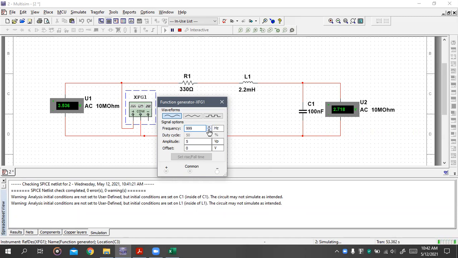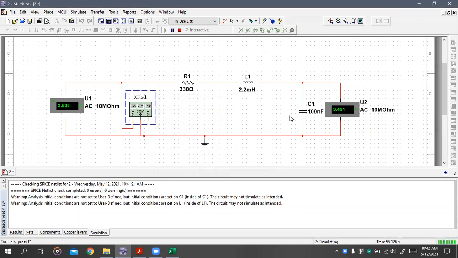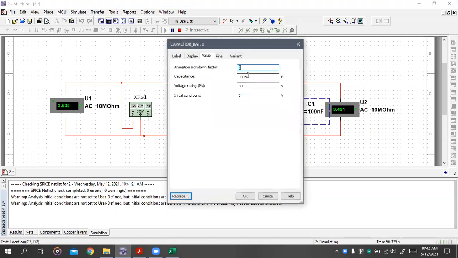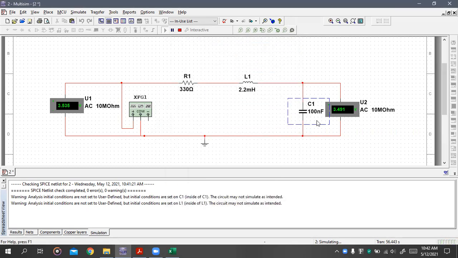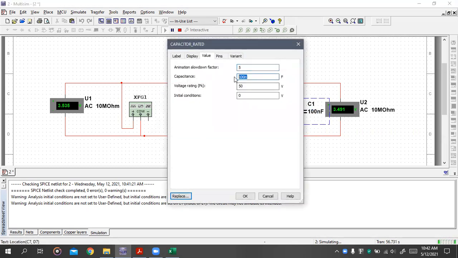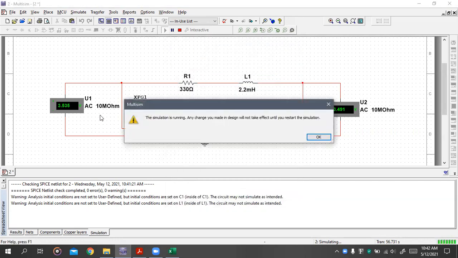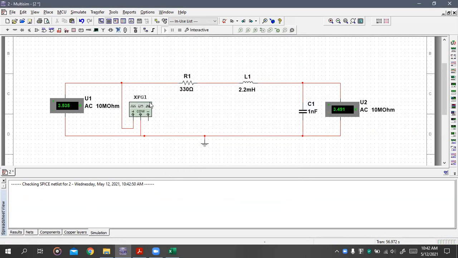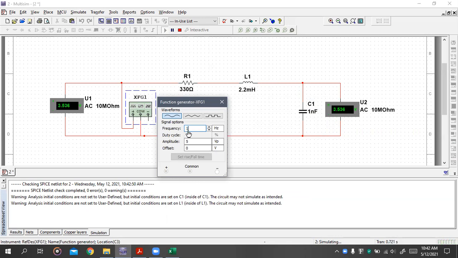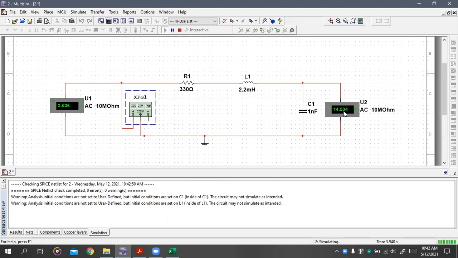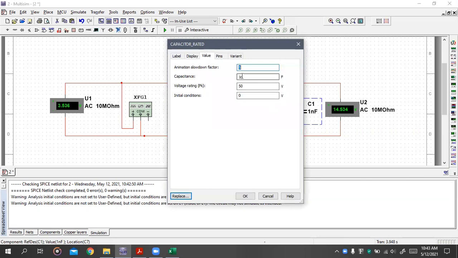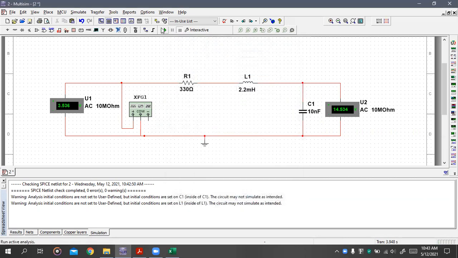Shouldn't the capacitance be 1 nanofarad? Yeah, it should be 1 nanofarad originally, but I edited this value to show how changing it will affect the resonance of the circuit. Initially it was 1 nanofarad, and our resonance was 100 kilohertz. Right? See, we get 14.534 volts here. By changing this capacitor to a different value, even 10 nanofarads,